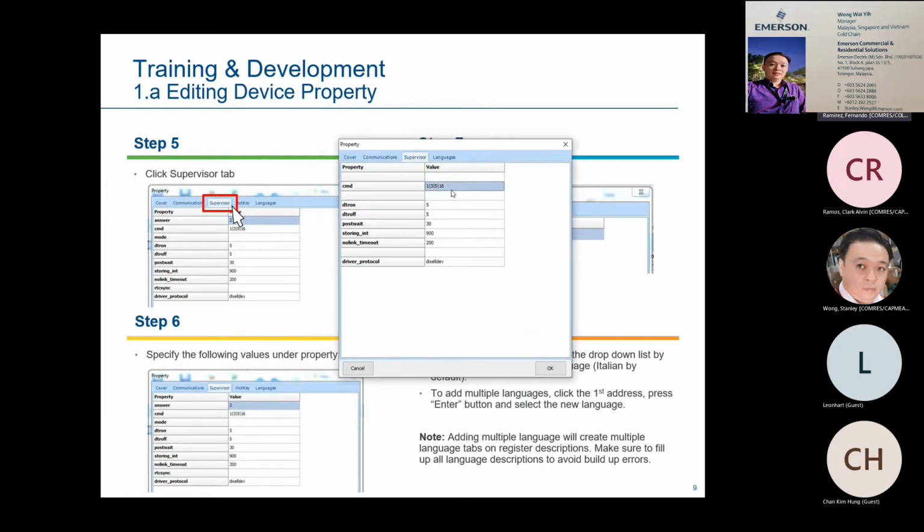These are the four important digits. So 1, 3, 5, 16. These are the Modbus function codes used by the third-party device. Let me just pull up the